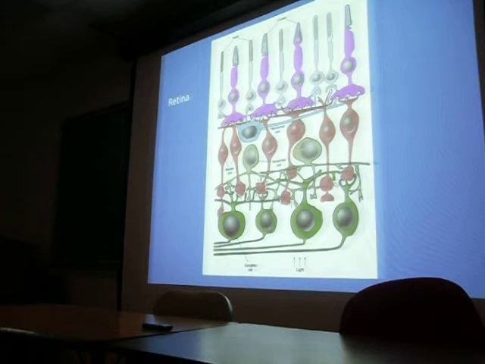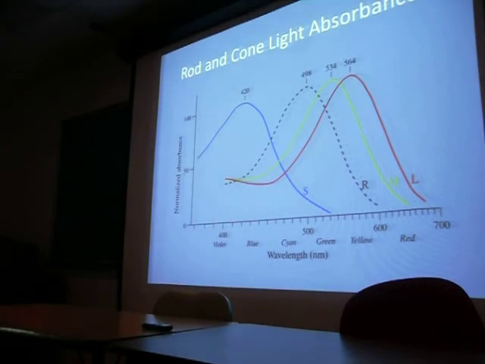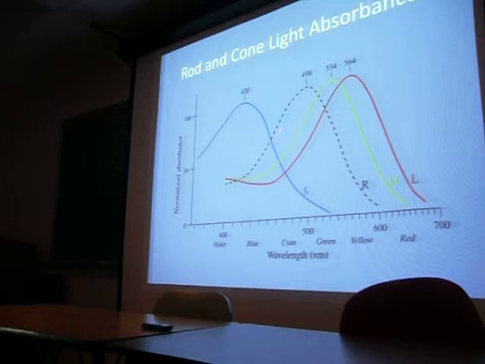We can pass this one. It's just, again, ganglion cells, bipolar cells, photoreceptors. This is what the pattern looks like. Your rods fire at about this frequency right here. And then your blue fires lower than that,